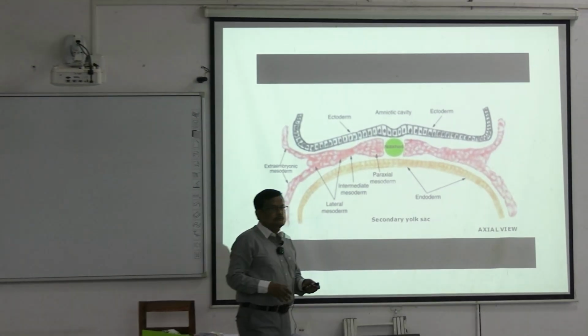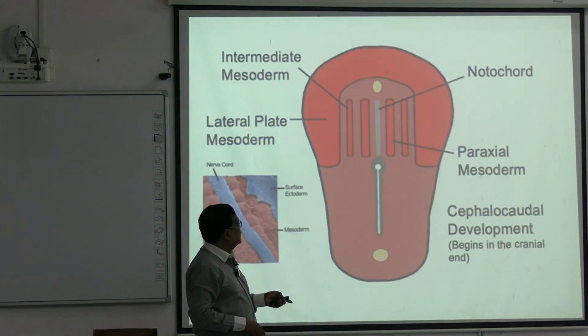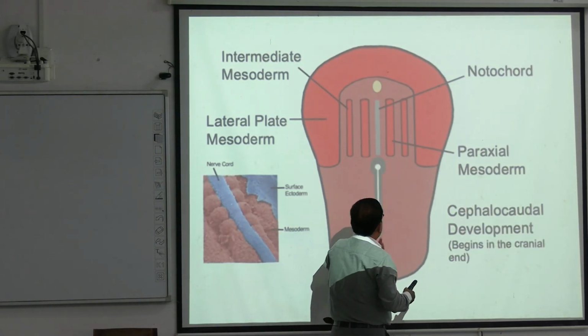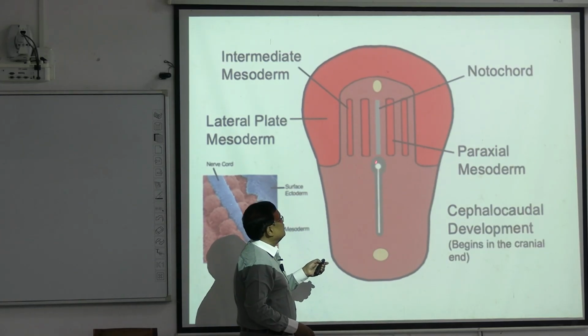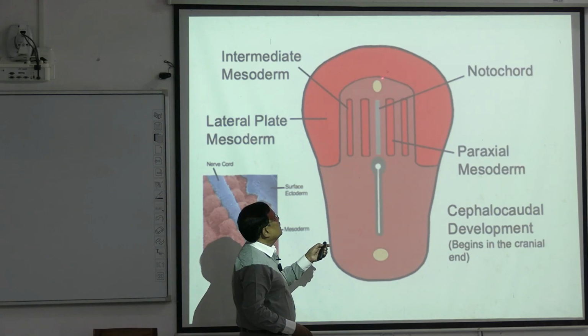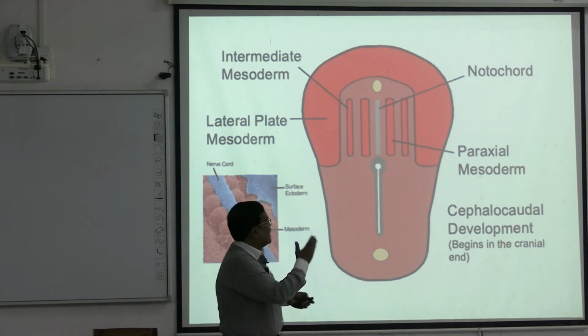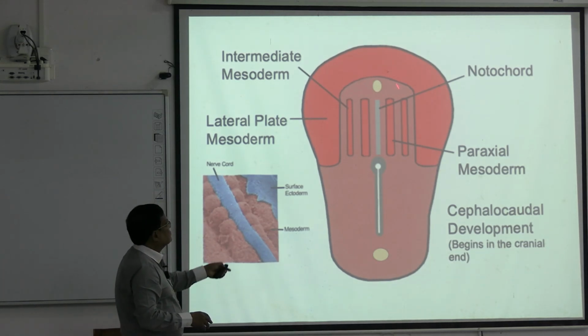this is the cut section. But before that, look at this first. This is the midline: cloacal membrane, primitive streak, primitive node, notochord, and this is the precaudal plate. By the side, on either side, the mesoderm is present, and also cranial to the notochordal plate the mesoderm is present, and here